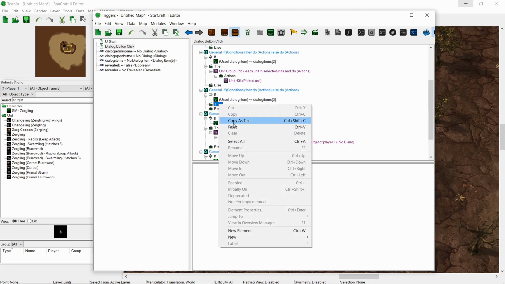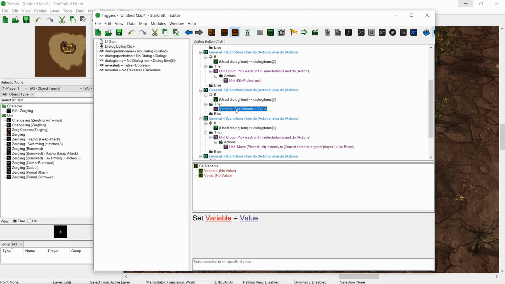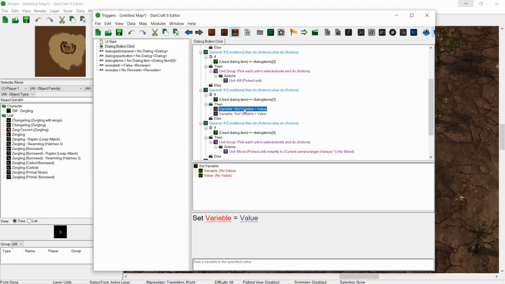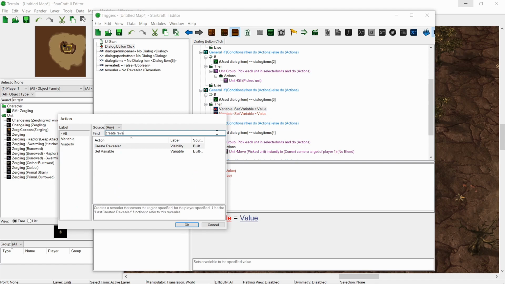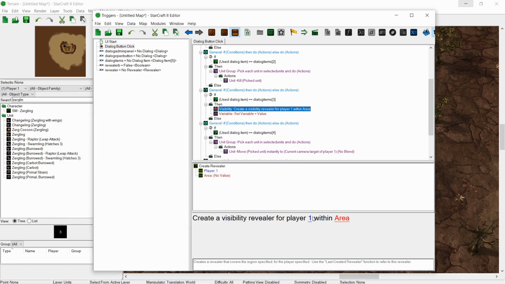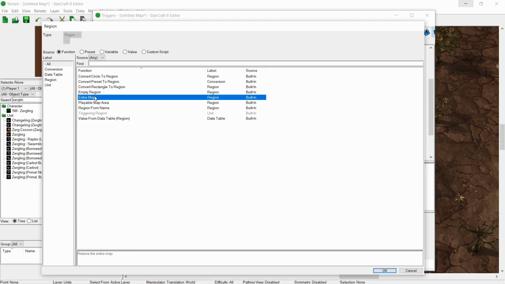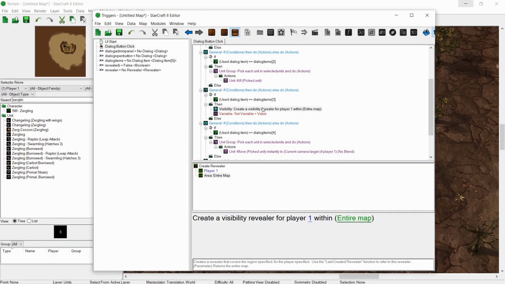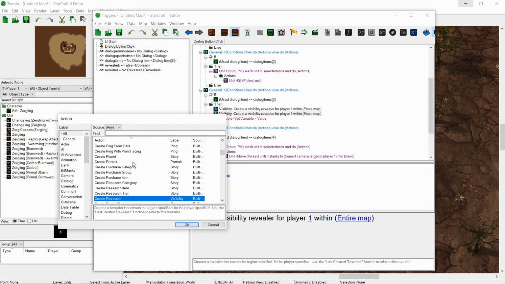Now for number 3. This is our revealer. Okay, set variable. Let's make that, copy paste. Now let's get the create revealer for player 1 with an area. We want the entire map. So this will create a revealer, right? There's two different options here, and